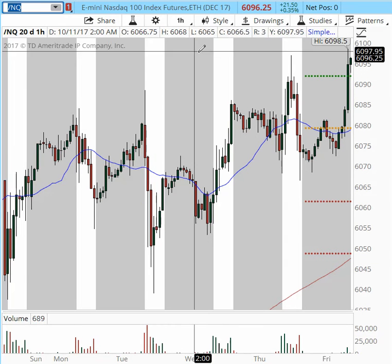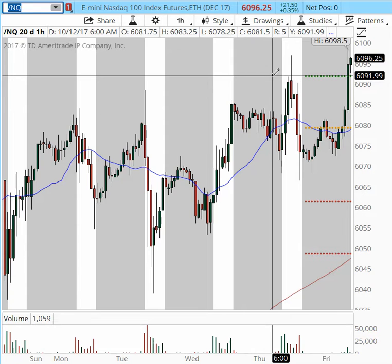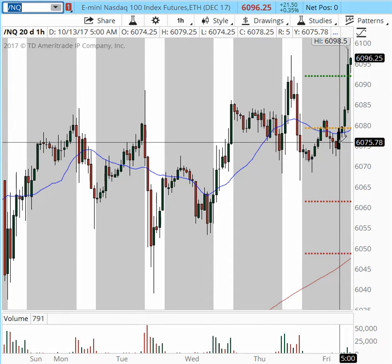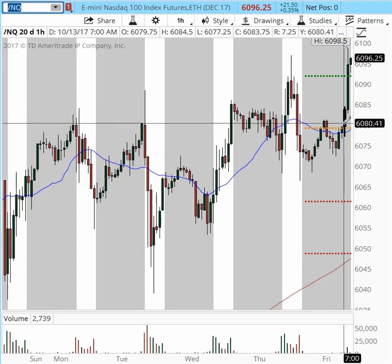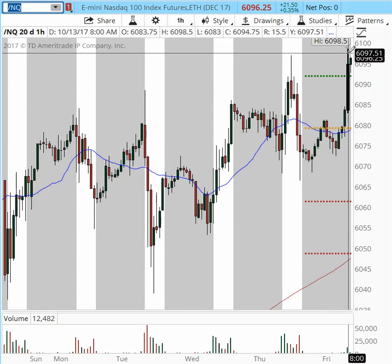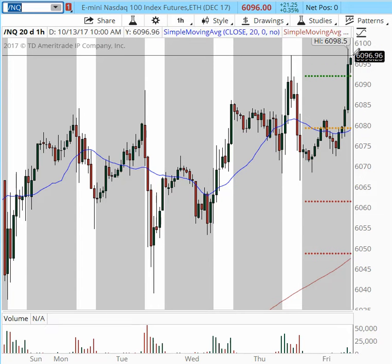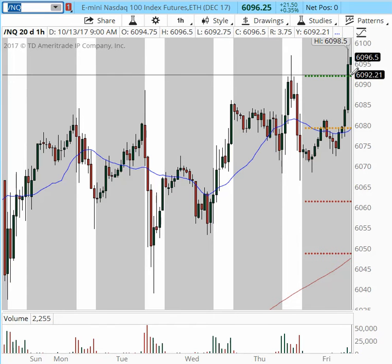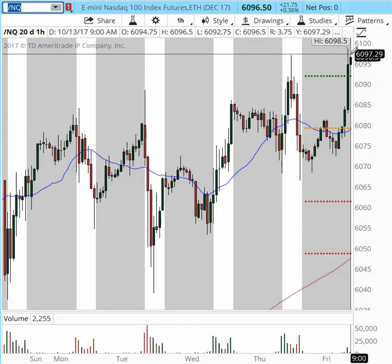Let's take a look at Nasdaq. Nasdaq is so far one of the strongest E-minis, leading with 0.35%, up 21.5 points on the day. Same scenario, 5 a.m. Eastern Time, blast off. It has rallied for the last 4 hours, setting a new high, 6098.5. And as you can see here, we're still trying to form. This is the first 15 minutes of this hourly bar